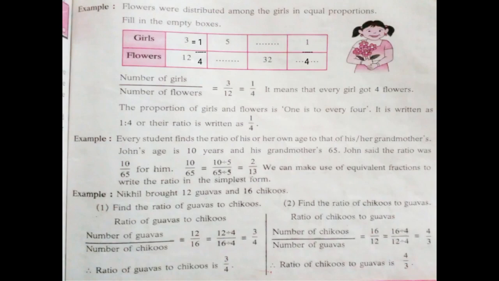Now we'll solve the second one and third one, rows and columns. Second one, girls are 5, you have to find the flowers if the ratio form is 1 upon 4. If the girls are 5, you have to multiply by 5 on both the numerator and denominator. That is 5 ones are 5, 5 fours are 20. The ratio form should be 1 upon 4 when you multiply the same table.